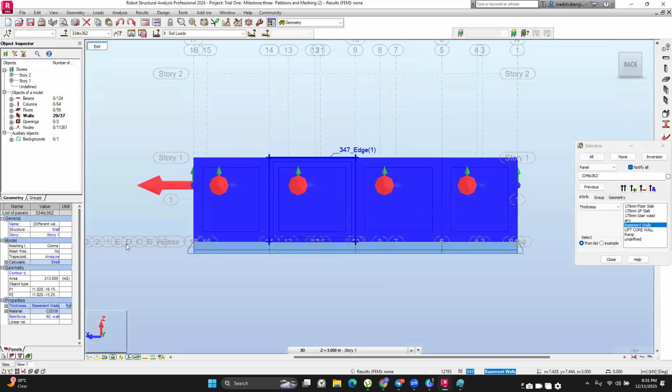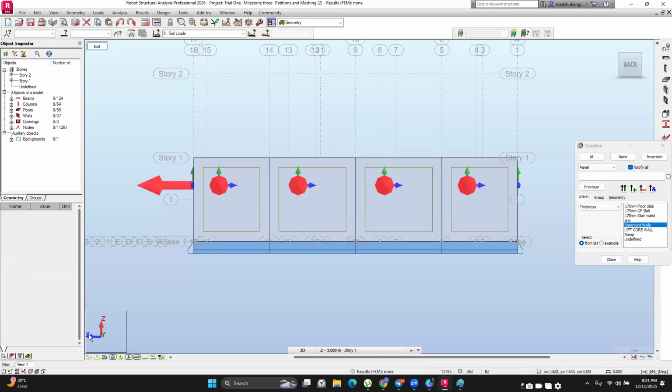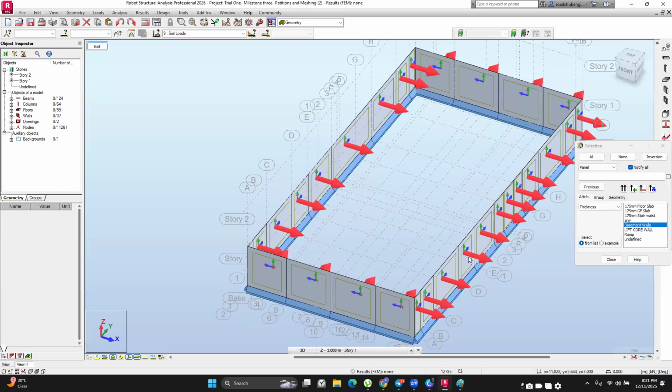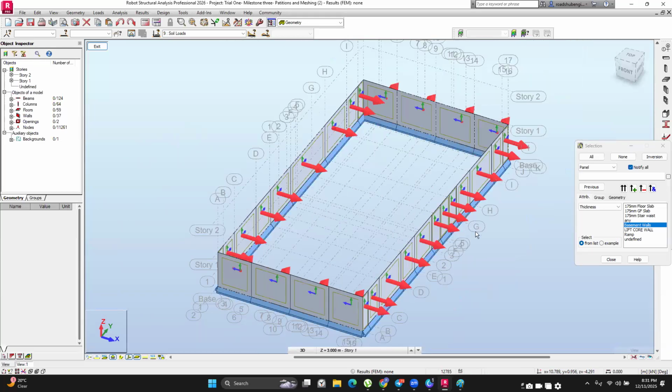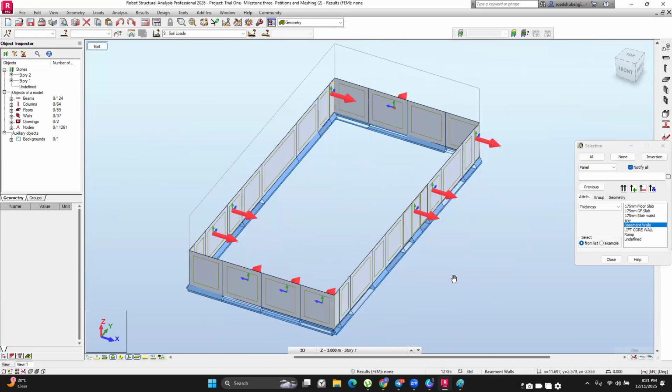So Y is in green, so this is Y. Then blue is the X. You can see X here, X is in blue. And then red is the Z. Each panel has its own local axis. So the reason